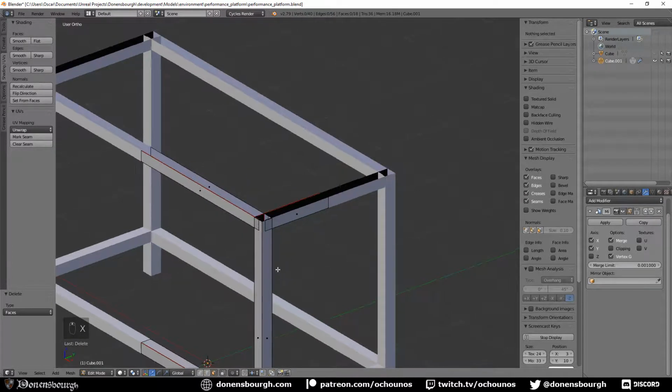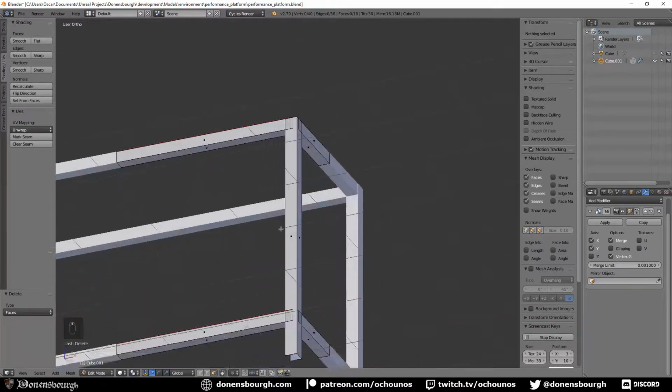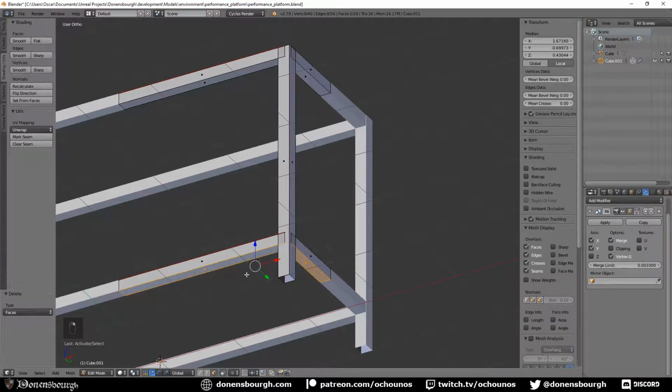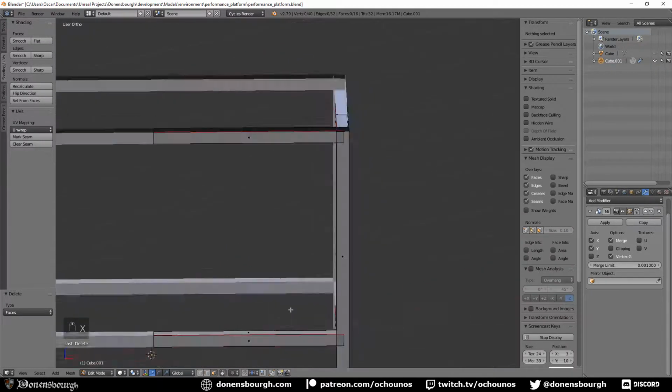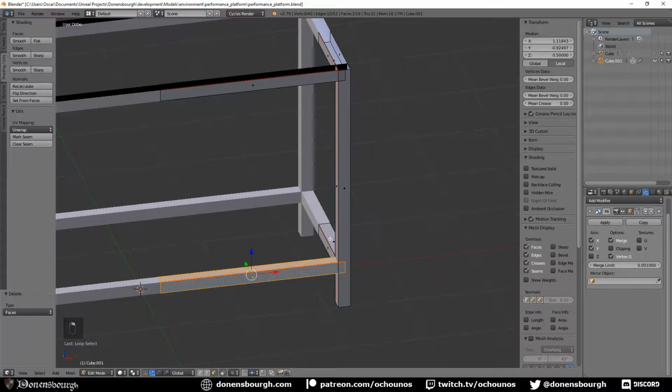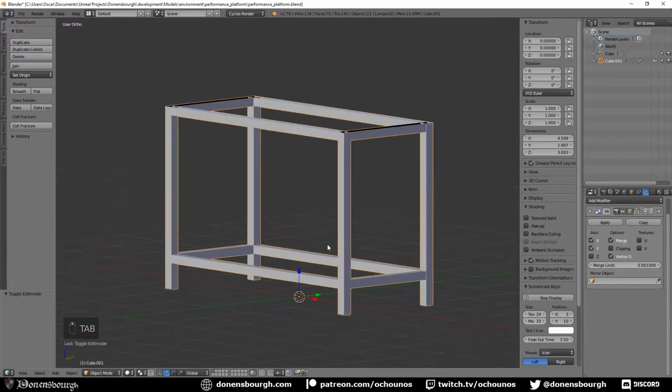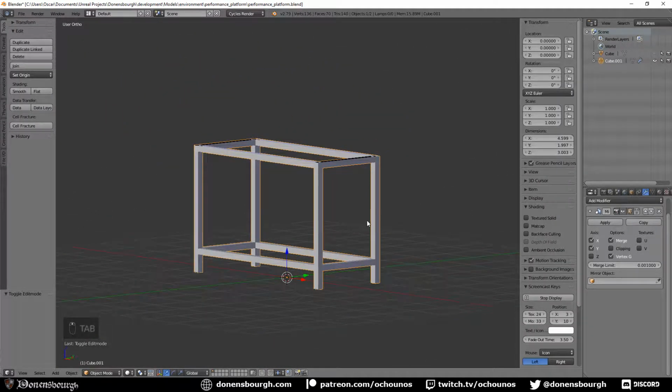You cannot see them from the bottom, it's fine, and I could even delete them. In that case it's just open, so we don't need seams. Okay, so that's the main structure that I'm doing, and now I will